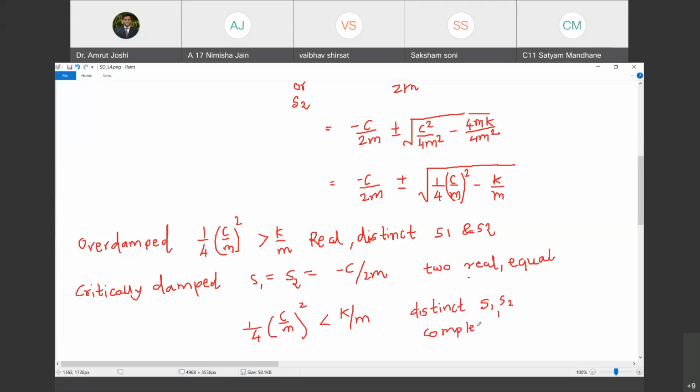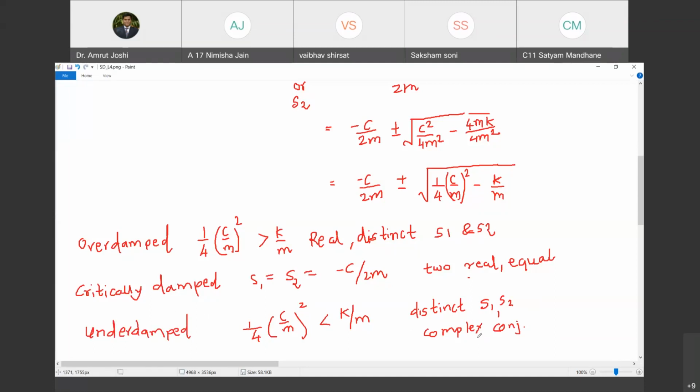Are you with me, Nimisha? Yes, sir. And what do we call such a system? We call such a system an underdamped system. Happy? The moment we see that the roots are not real, they are complex, we presume that this must be the least happening phenomenon in the world, but it is contrary. Most of the systems are underdamped systems, and few of the systems are overdamped systems.